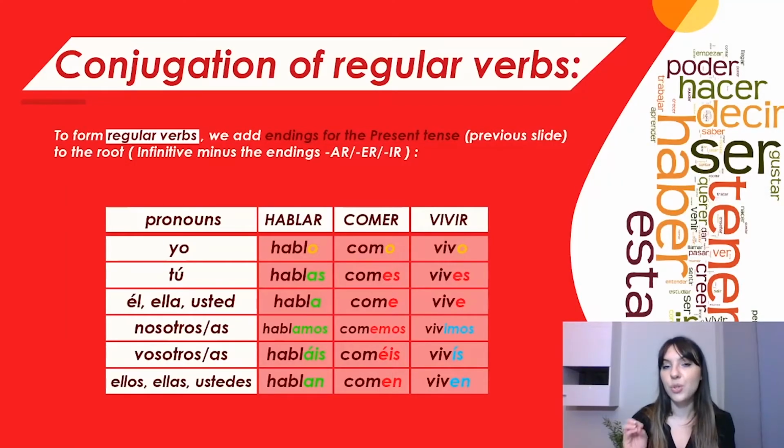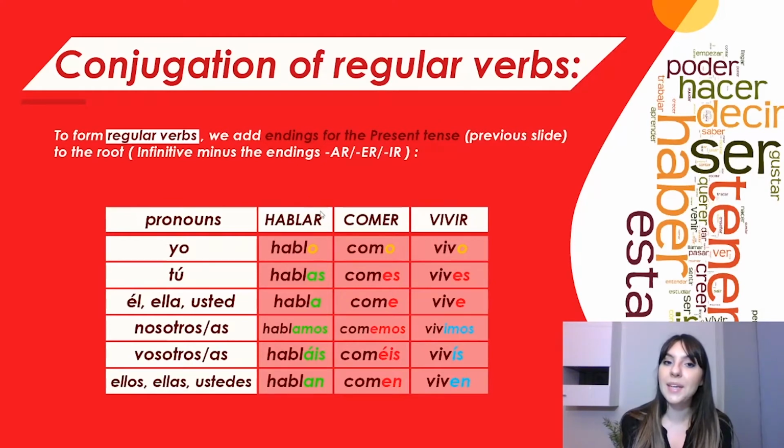I recommend you learn the endings for the present tense through the following examples. I personally consider it much easier than just learning the endings, because when you start learning more and more tenses in Spanish, you can get confused by the endings. But if you have a verb in mind when you think, for example, present tense, verbs in ar, and you have the verb hablar, then you can just change it to persons and you have all the endings in your head. Let's go over these examples now.